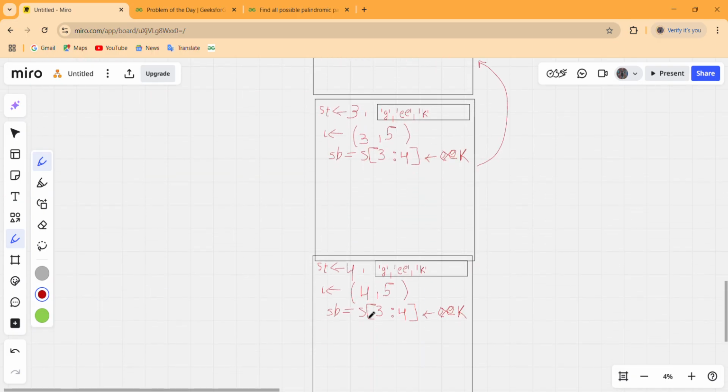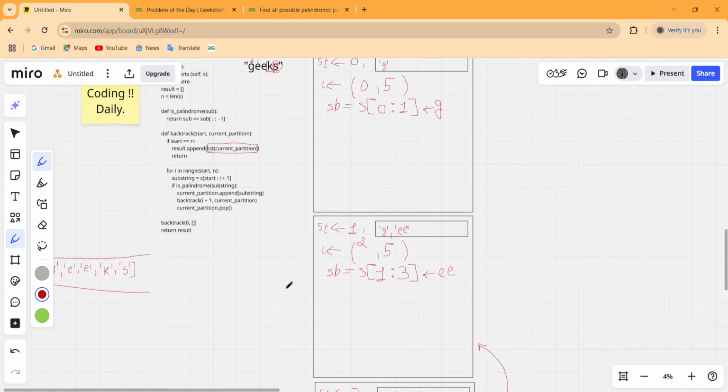Now this SB will receive the values from start, that means from 4 till I plus 1, from 4 and I is 4 till 5. So what is the substring from 4 till 5? That means this S only. So this will receive S, and